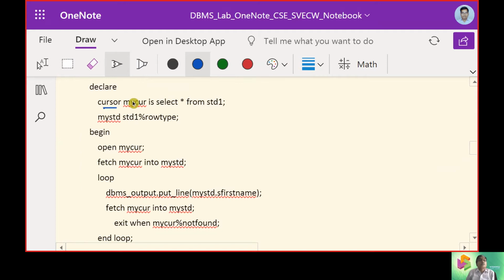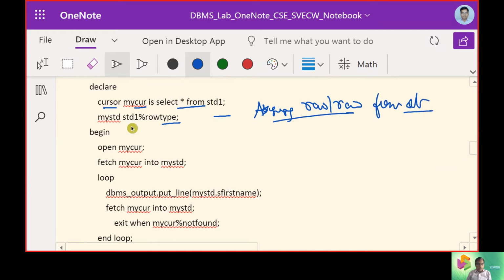So we have cursor as a reserved word. My cursor is a user defined cursor name, and we get the SQL command here, and we are assigning row type. So row type is assigning row by row. So that's the intention from the database, right? So my student std1, we will be fetching one by one. Okay, so that we have already done.